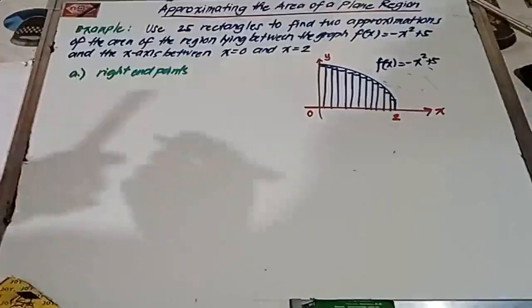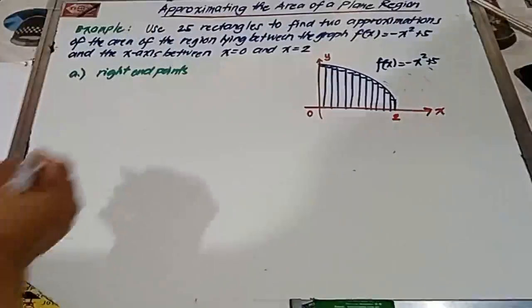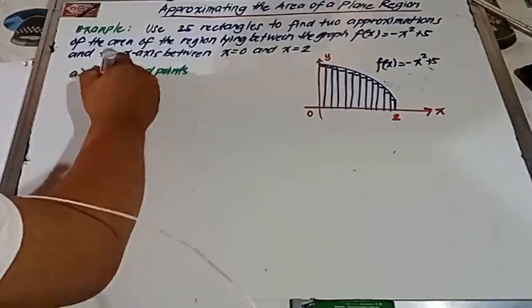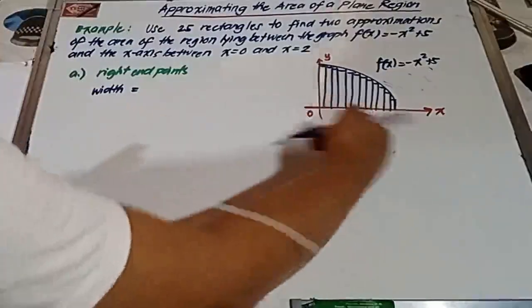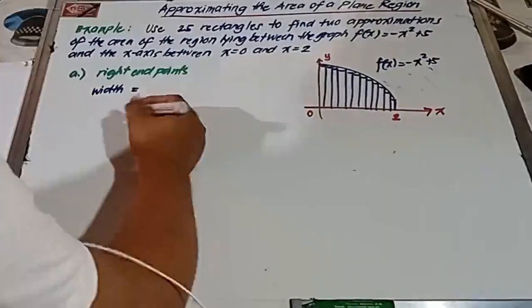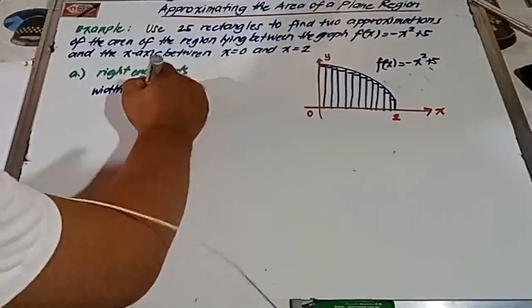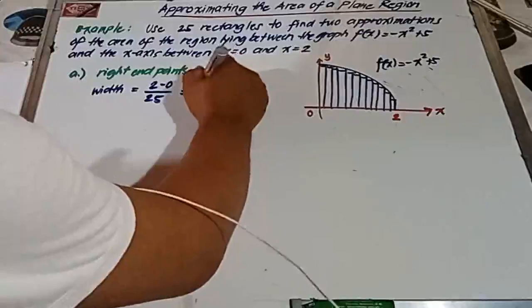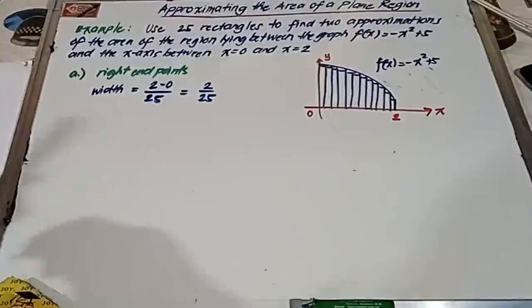Na-mention ko sa inyo, to determine the width, all we have to do, yung interval of x natin, susubtract natin, and divide natin kung ilang rectangle. So, therefore, ang width natin is equal to 2 minus 0, yun yung interval of x natin. 2 minus 0, how many rectangles do we have? 25. So, ang width ng ating rectangle is 2 over 25. Regular yung ating width. Now, for the height of the rectangle,